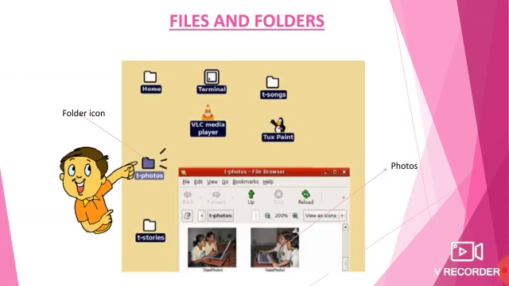Your father will double click that one and it will show the photos in it, isn't it, children? Yes, so how are we going to create the place for storing those photos or anything else? That alone we are going to learn from this lesson.